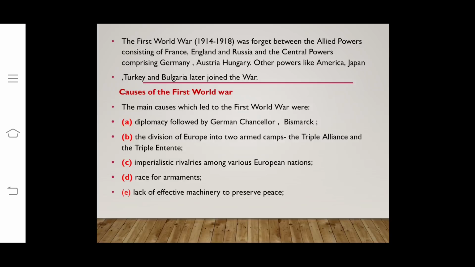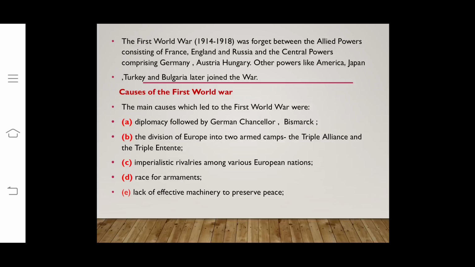No effective machinery for the preservation of peace. There was no such effective machinery which could maintain peace. There was total anarchy in the international sphere due to lack of an effective machinery to enforce the law among nations. Narrow nationalism. This was an era of narrow nationalism. The love of one's own country demanded the hatred of the other. Nationalism led to the creation of two new powers, Italy and Germany, through the uniting of many small states.